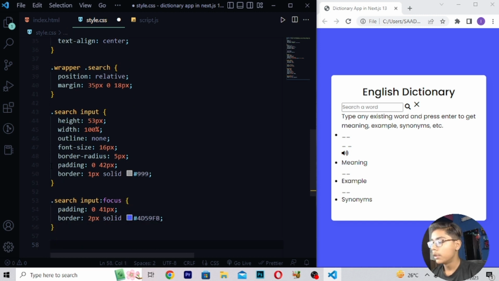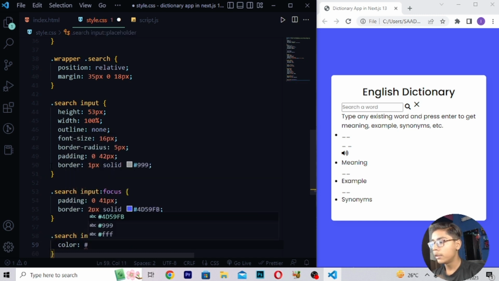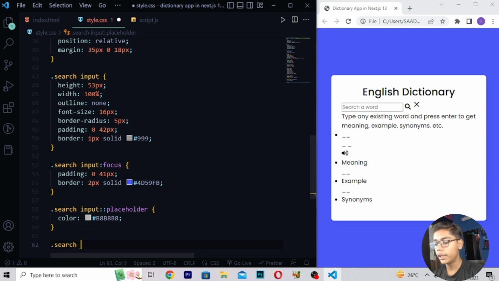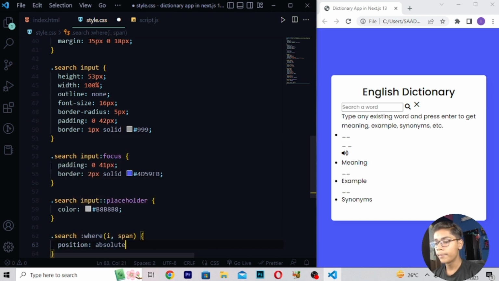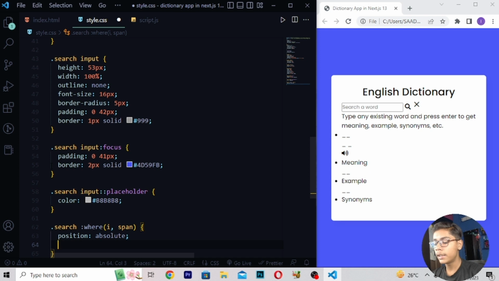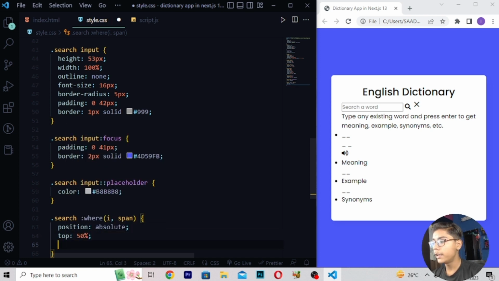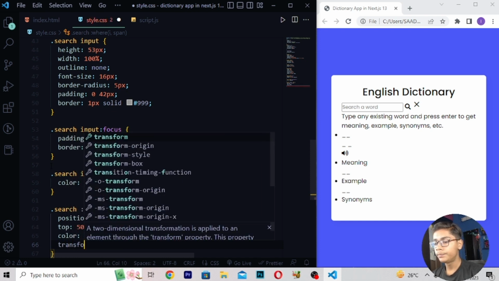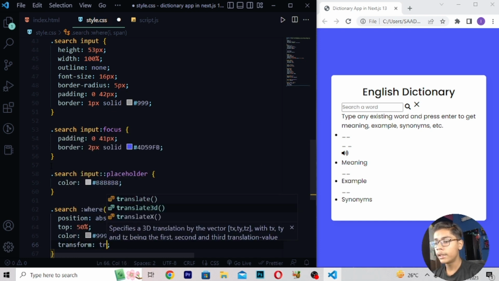Then you have to just move down, and after moving down here I will be writing dot search input, then right here placeholder like this, right here color, then I will be just writing here B8, then move down, right here search where, then right here I comma span tag, then you have to write here position absolute. Now when you've written this, I'll be writing here top 50%, then right here color, then right here 999.